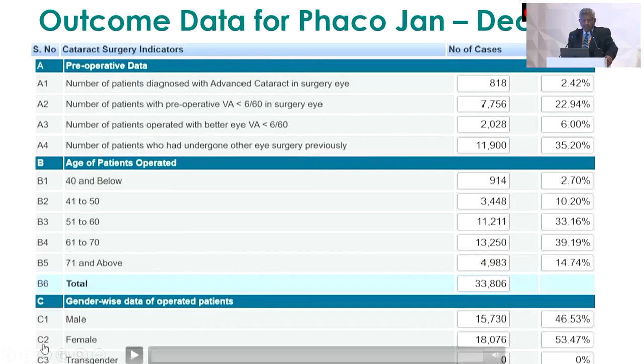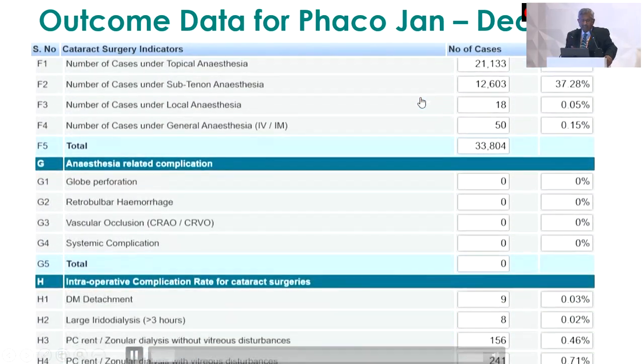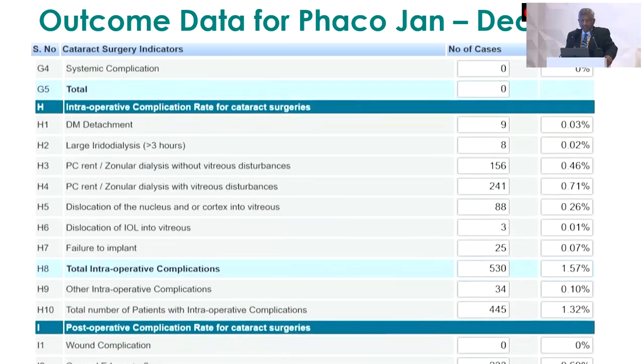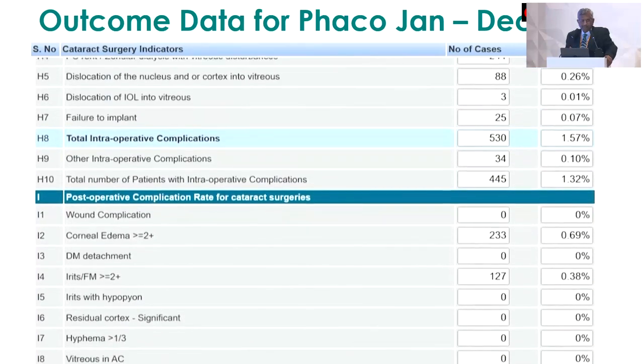When you look at the pre-operative data, we are looking at how many patients have come with advanced cataract in the surgery. It's like 2.4%. And then what is the number of patients with vision less than 6/60, and what is the percentage? So all of that, like I was telling earlier, and this is a long list. Like intraoperative complications and post-operative complications,